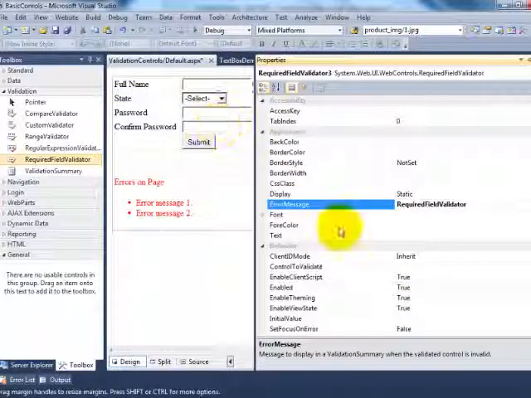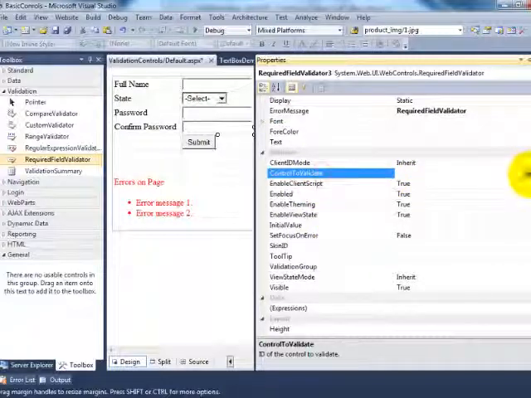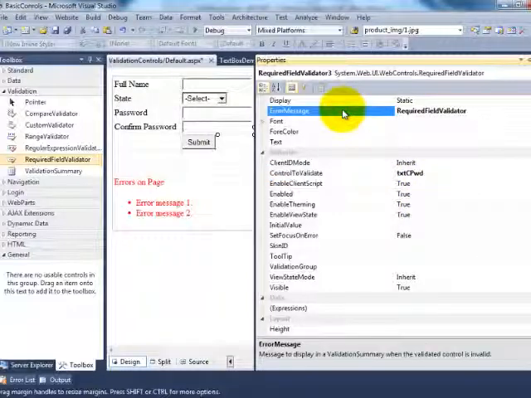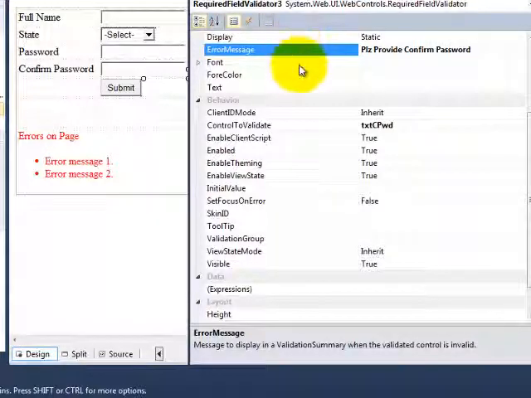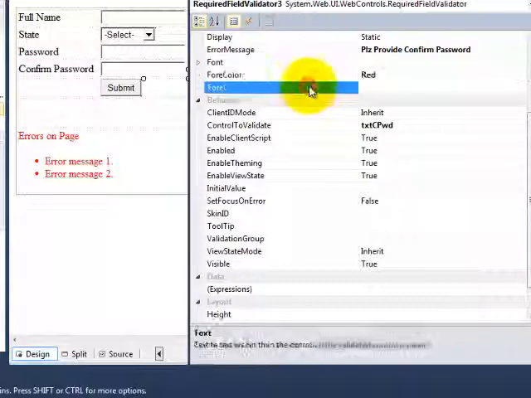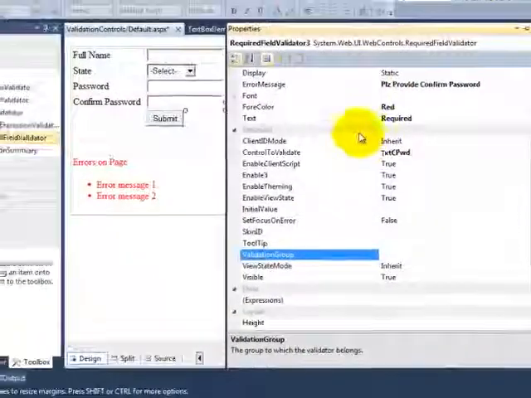Properties, as usual, first we have worked with this required field validator. Control to validate txt con password. Error message, text. These are the properties.